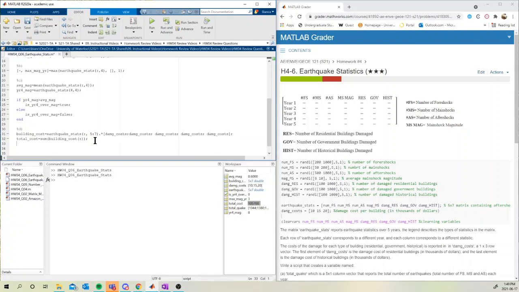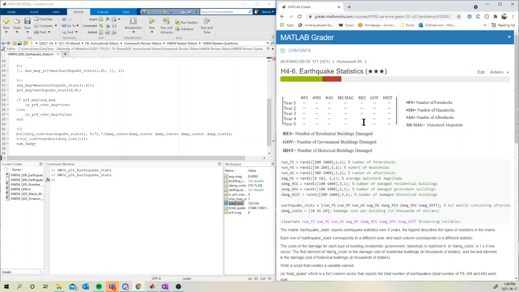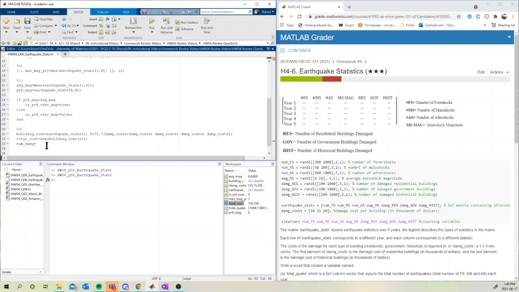So now what I'm going to do is I'm going to find the number of damaged buildings, and I'll label that variable num damage. And what I'm going to do to find that is, in our matrix right now, each of these elements provides the number of damaged buildings for that building type. So if I add up, again, all of these elements together, that will give me the total number of damaged buildings. So what I'm going to do is I'm first going to access,